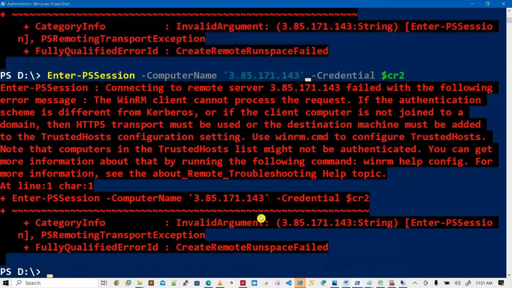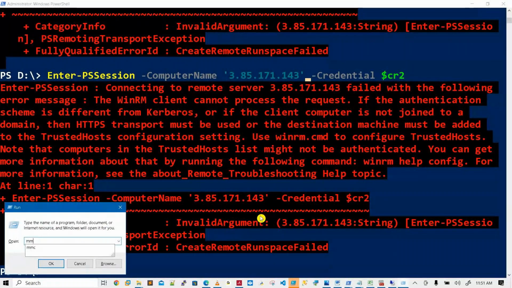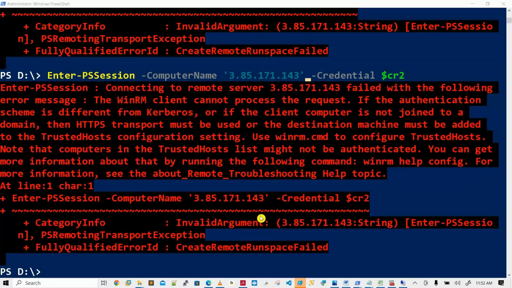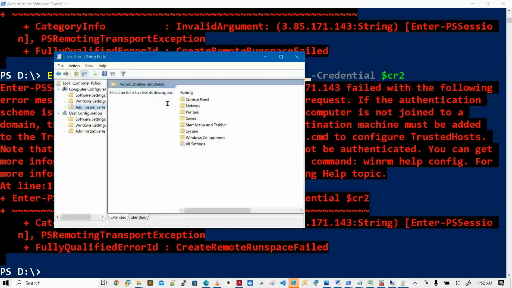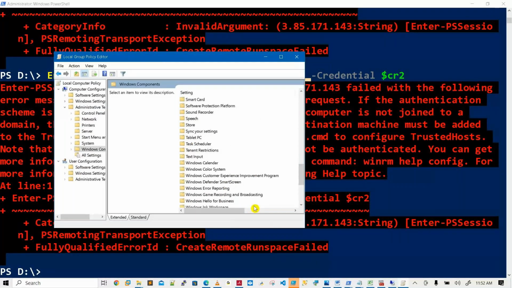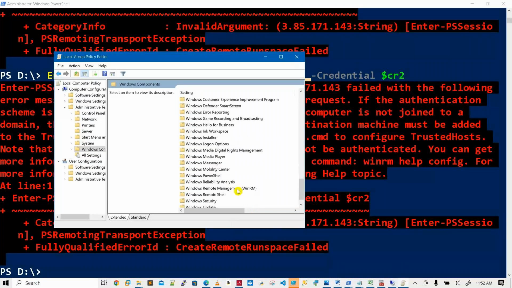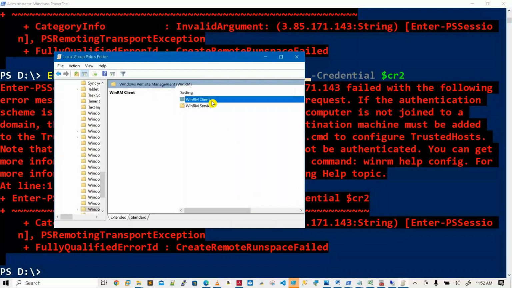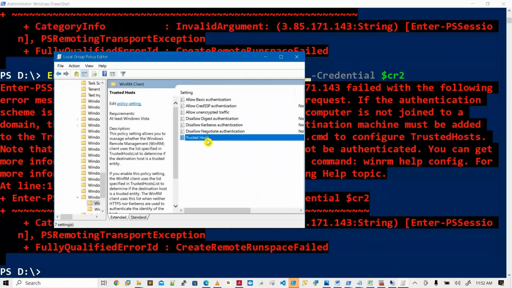Connecting to remote server failed with the following message: WinRM. One second, sir. Here there is one concept. cpad.ms. I'm just showing you whether it is possible to connect to the server or not. Sir, here I am explaining, you will learn this in the course only. In a demo session only, you cannot get everything. If you learn everything in the demo session, we could attend all demo sessions of all technologies. Not like that. I am just showing you some clarity on what level of course we have.